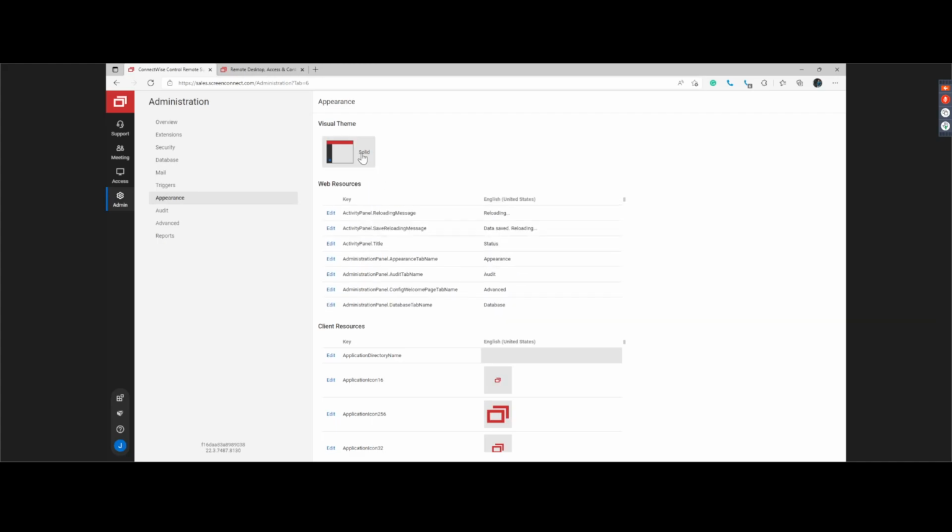We're going to be able to change, like we said, the landing page here. We're also going to be able to change the logos as well. So if you have a company logo,